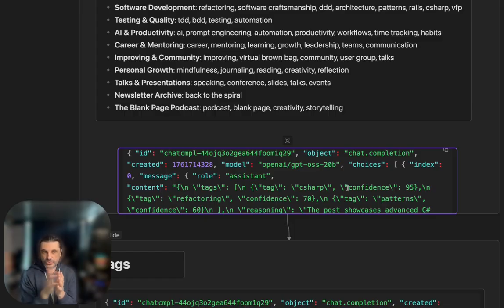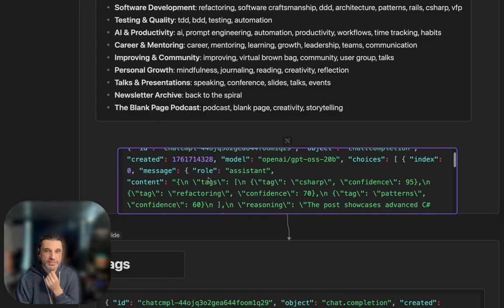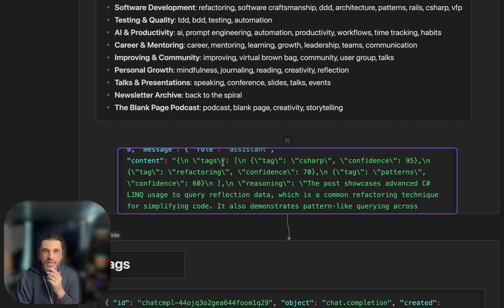And then through chat or from ChatGPT's recommendation, I told the script, you assign anywhere between 3 to 7 tags. Not 1, not 0, not 10, between 3 and 7. Those were the directions. So I got things like this, processing this one post: content, tags, C#, confidence 95, refactoring, confidence